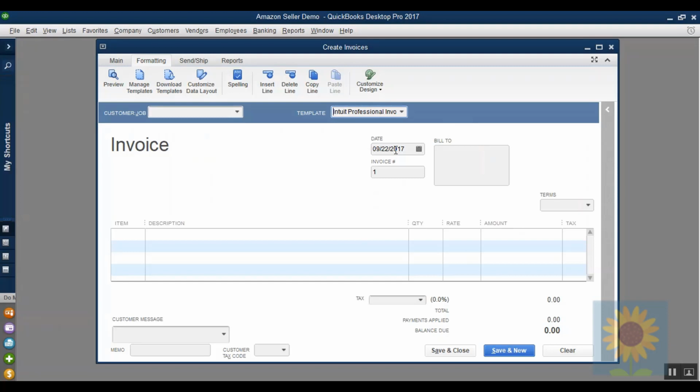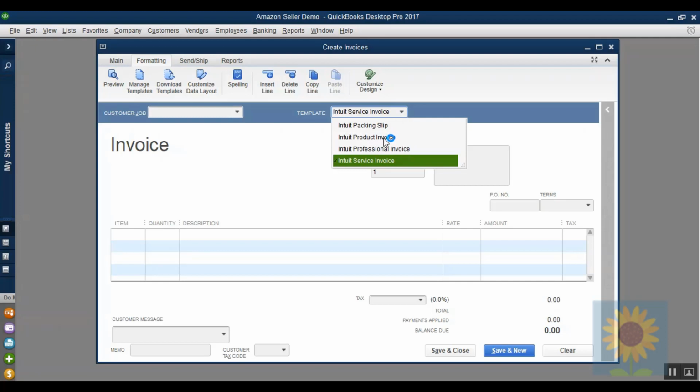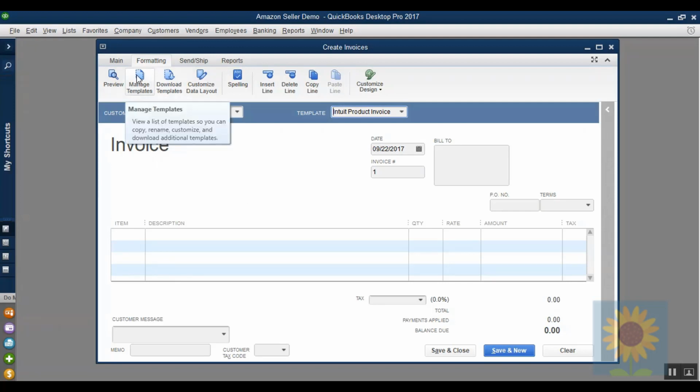The professional invoice, I believe you would use for, say, your accountant or a lawyer or something of that nature, and you were doing some work there instead of selling products, and the same way with the service. So you can choose whichever format you like, but they really have the product invoice as the one that is recommended to use. Then we're going to go to Manage Templates,